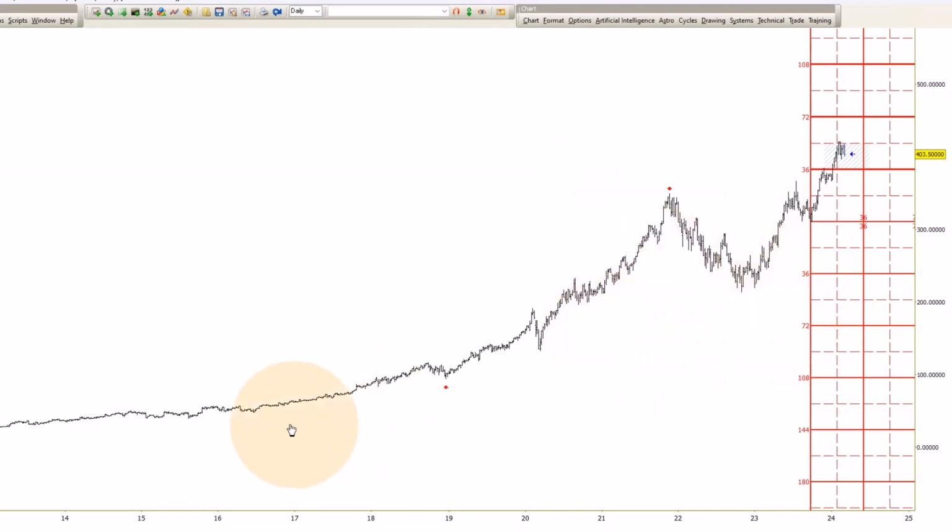I think the square levels are absolutely fabulous on this. The 72 is working well, especially here. You can see we went up 36, we stalled, we consolidated very tight, made a higher low and broke out right into the next half square. And you guys can see how this half square idea works on pretty much any square that the market is moving with, and regardless of the time frame. So that's it for the weekly.